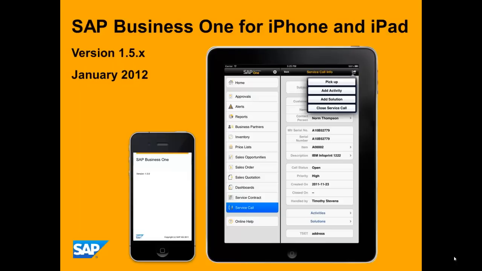I'm going to talk with you about the SAP Business One application for the iPhone and iPad. In particular, I'm going to focus on the very latest release of the app, which is version 1.5, which you can download right now from the Apple App Store, absolutely free of charge, and you can trial that in demo mode. Or, of course, if you're using the Release 8 family of SAP Business One, you can plug that application right into your SAP Business One deployment and start using it live with your people. So let's have a little bit of a look at what is in the application and